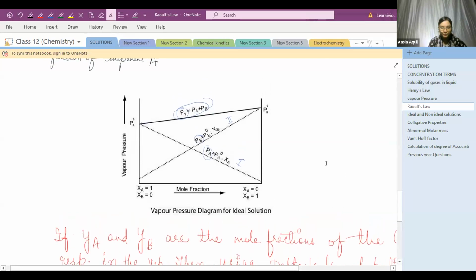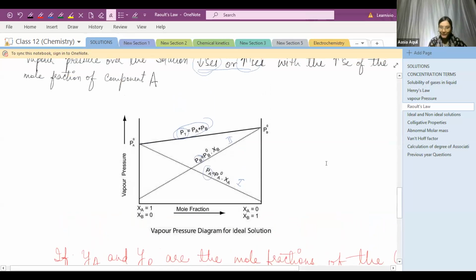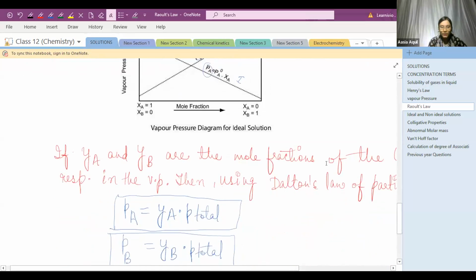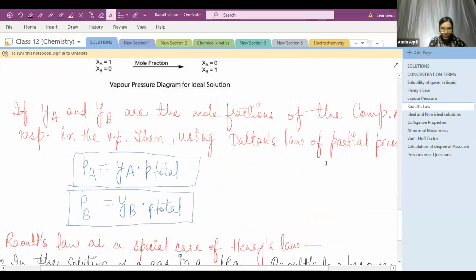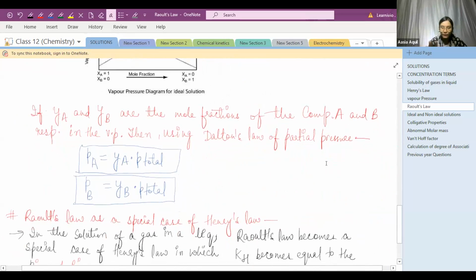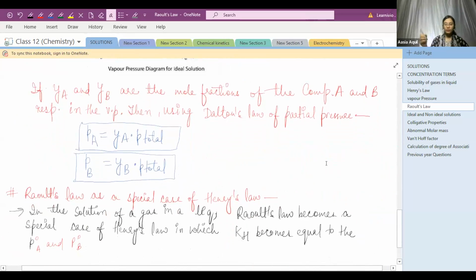Okay, so this graph is very, very important. Suppose Ya and Yb are the mole fractions of component A and component B respectively in the vapor phase. Then using Dalton's law of partial pressure,